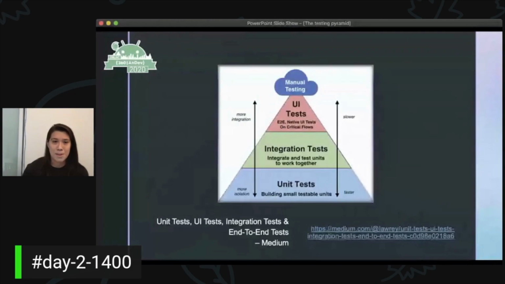So I'm not allowed to have a talk about testing without showing a picture of the testing pyramid. I found this on a Medium blog post, and if you Google search like testing pyramid Android, you get something that looks basically like this. My understanding is it's supposed to be about 70% unit tests. They're quick to run, they're quick to write. Moving up, integration tests. They test two units working together, middle ground, and then about 10% end-to-end tests.